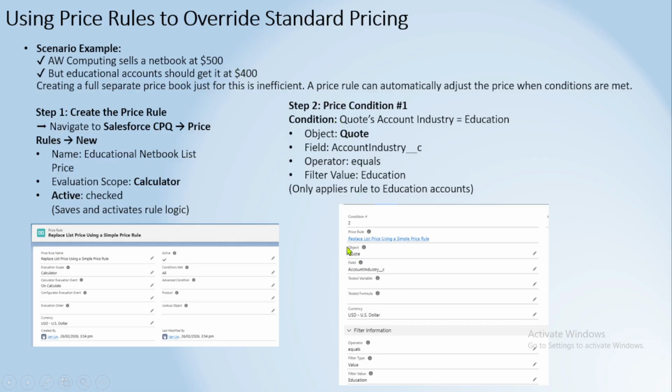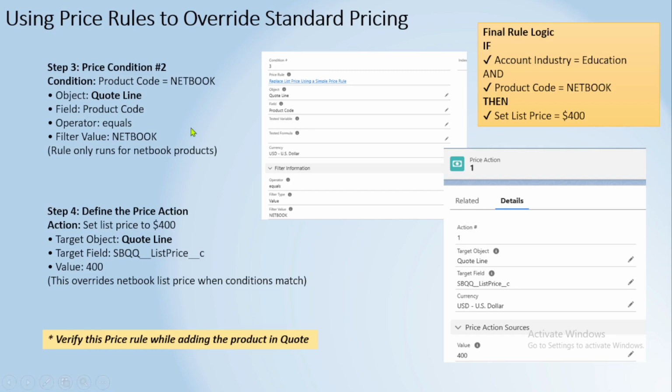Here you can say that on the object quote, the field is account industry, the operator equals, and the value is education. And what is the next condition? The next condition we have created is on the quote line, the product code equals value netbook.